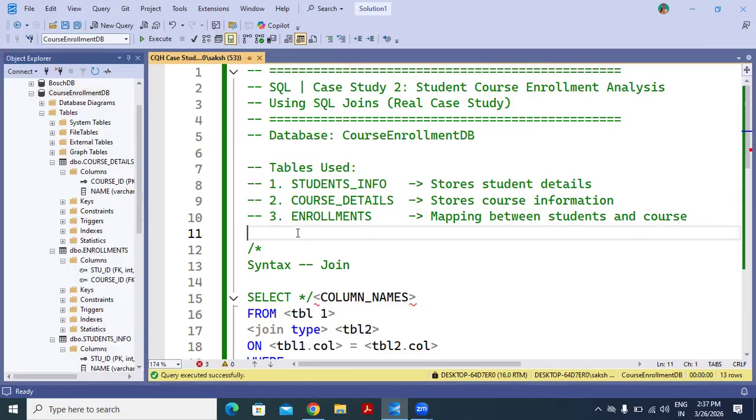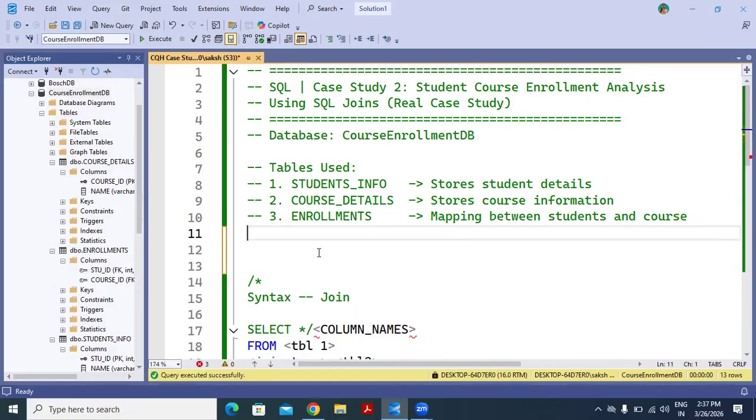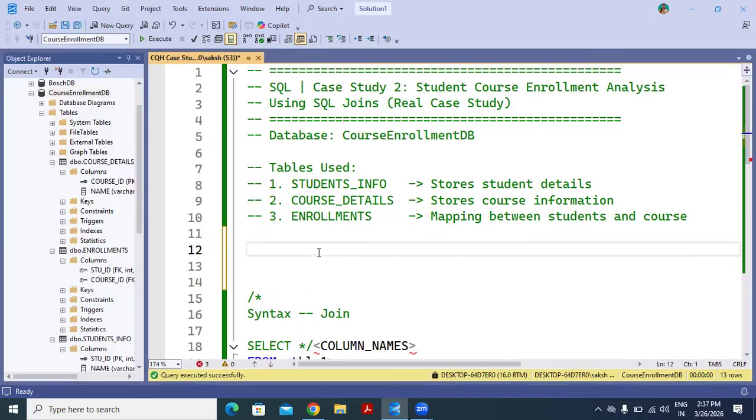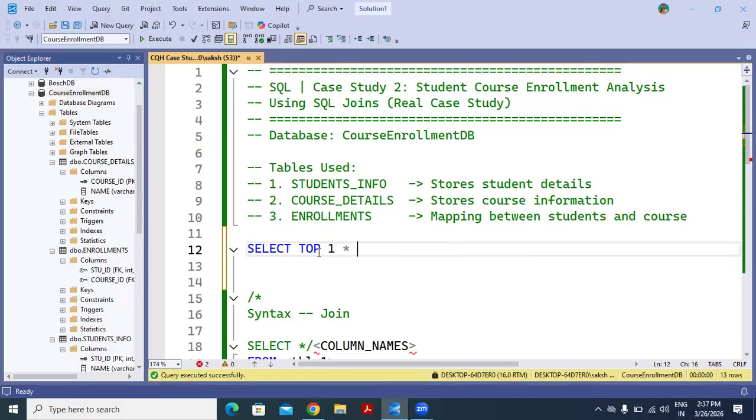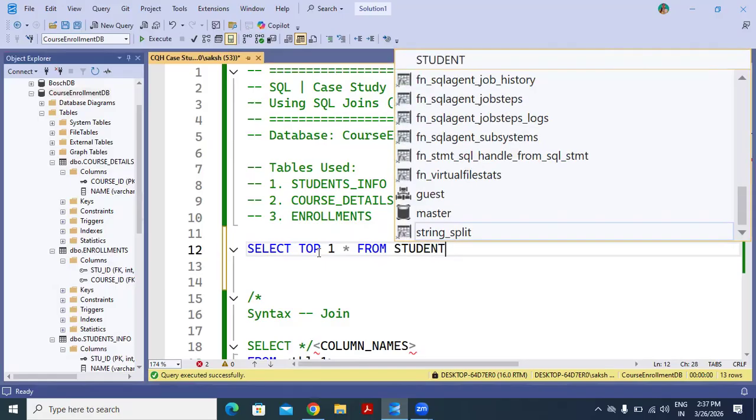Now let's quickly look at the data. I'm selecting the top records from each table so that we can see the structure before writing the join queries. For that, we can use the basic select query, select top one star from table name, that is students info.